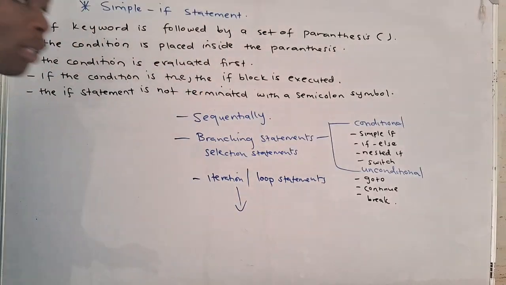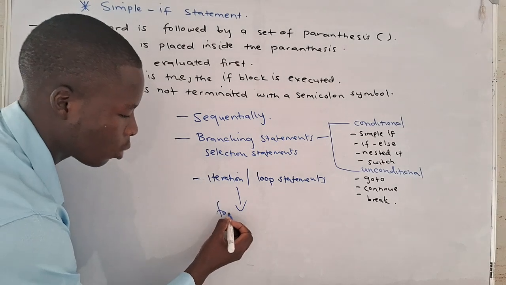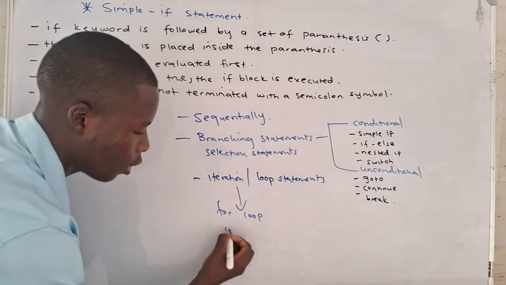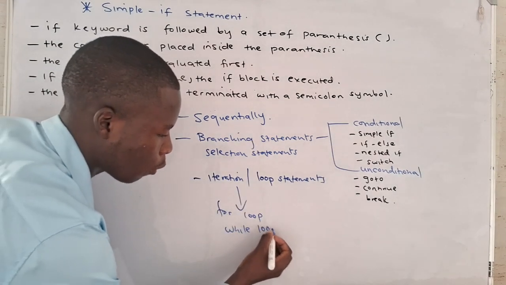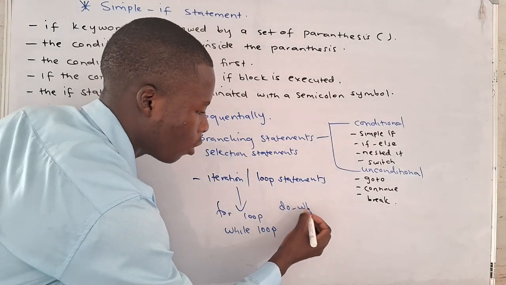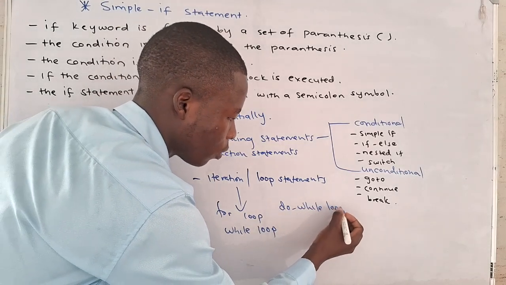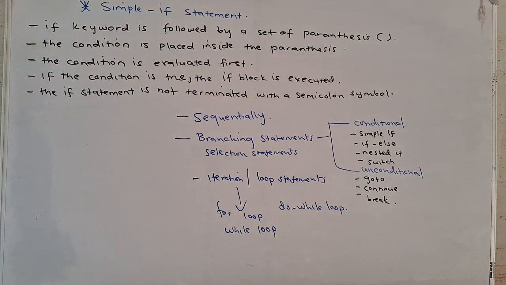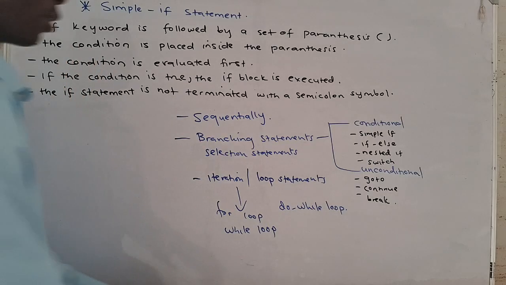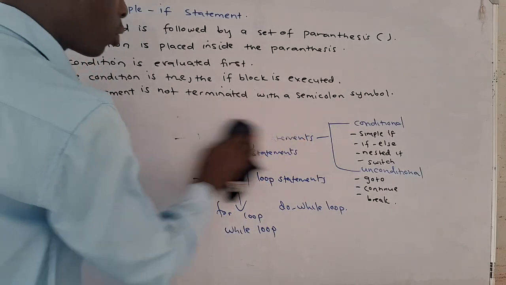We have three looping statements that we are going to discuss: the for loop, the while loop, and the do while loop. We discussed all these things in the previous class. Let's go back to our topic,